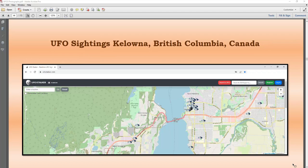And if you click on every UFO, it actually gives you a description of what they saw, what the thing looked like, the date, if there was any color, the way it was moving, the patterns, the behavior. It will tell you that. And this is on a site called UFO Stalker. Don't let the word stalker